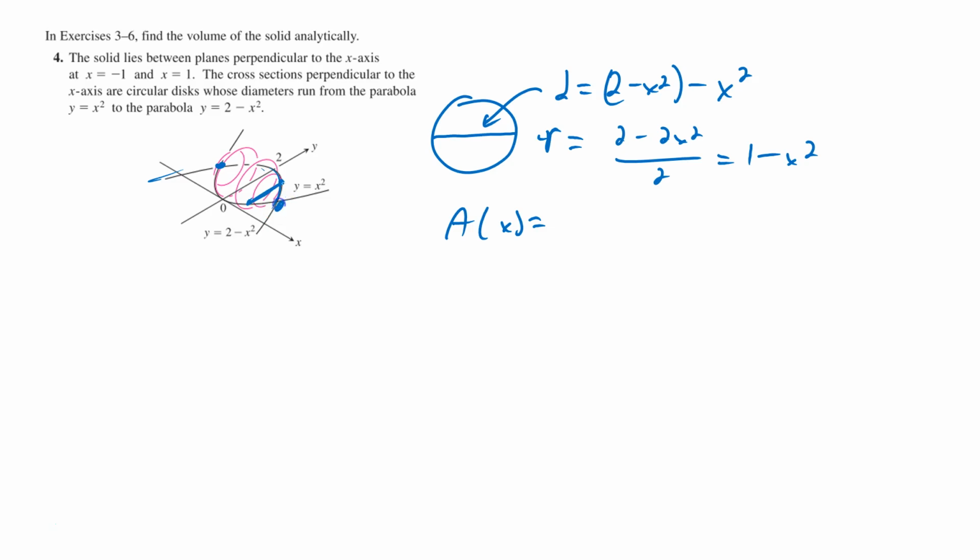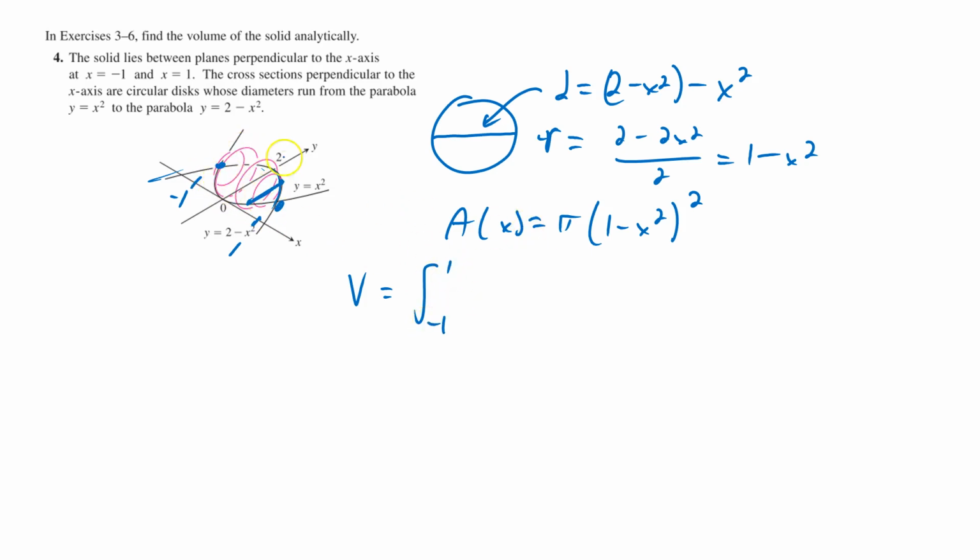So then the area of this thing at any x value, we're going to have to find those intersection points. They tell us where it is? Yep, it's -1 to 1. Probably a good idea to make sure that's where they intersect. At -1, this is 1, this is also 1, yeah, and at 1 they're the same as well. Okay, so the area of this guy is pi r squared. So pi times 1 minus x squared quantity squared. So then the volume is going to be the integral from -1 to 1 of this area,